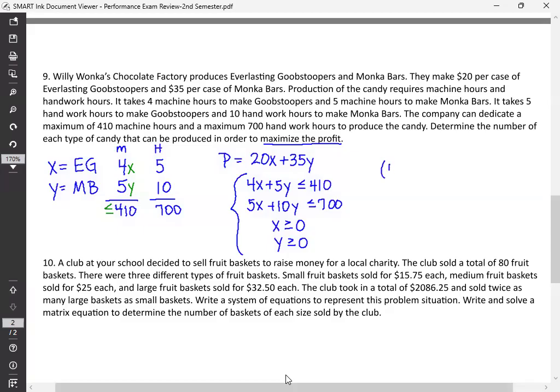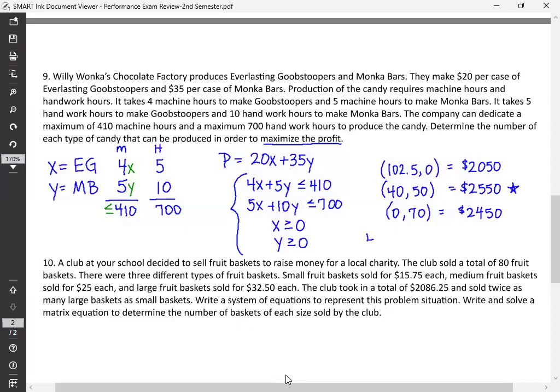So if I plug 102.5, comma 0 into that 20x plus 35y, I'm going to get $2,050. Then we plug in 40, 50. That will give me a profit of 2,550. And then if we plug in 0, 70, we get a profit of 2,450. So that tells me that there's my maximum profit. So we should make 40 of the gobstoppers and 50 of the Monka bars to get a maximum profit of